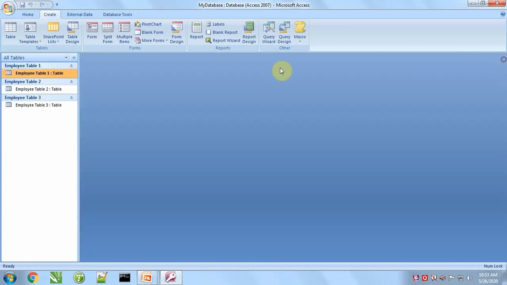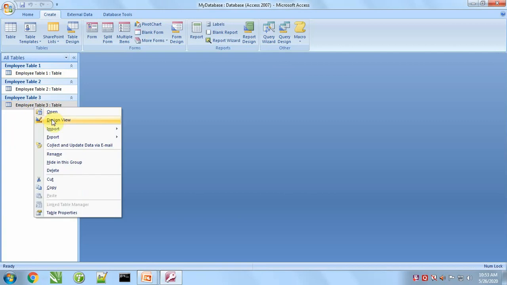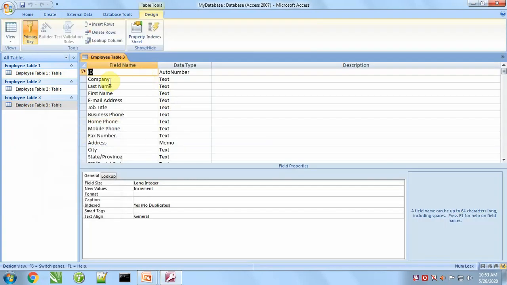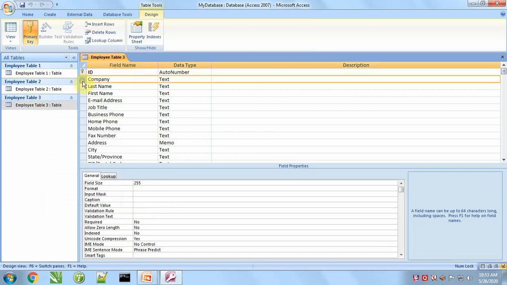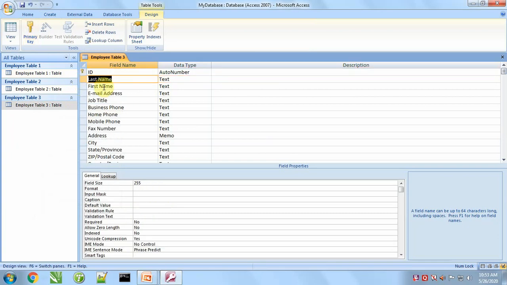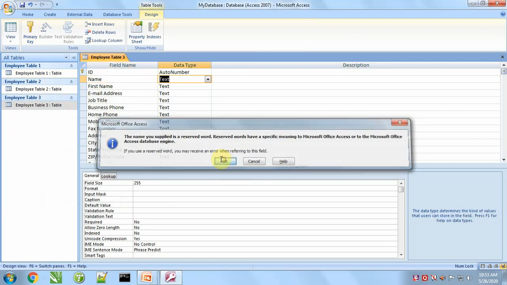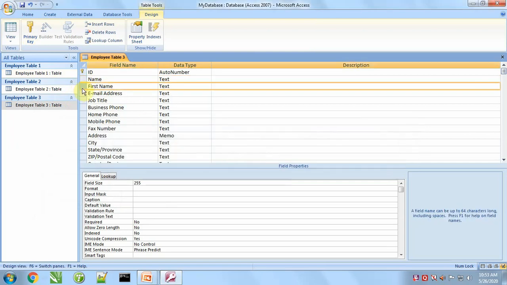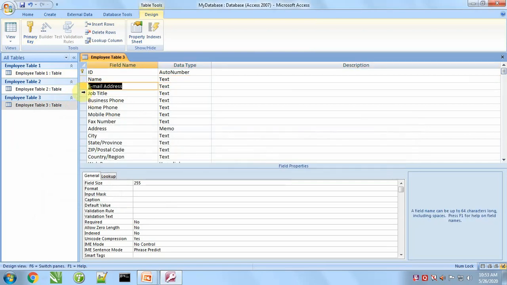For this we will close this. Right click over it, design view, and remove some fields from here. ID is okay, company I think there is no need of company. First name, last name we will say simply name. Okay. Email address okay. Job title, we will take contact number. Home number, delete.